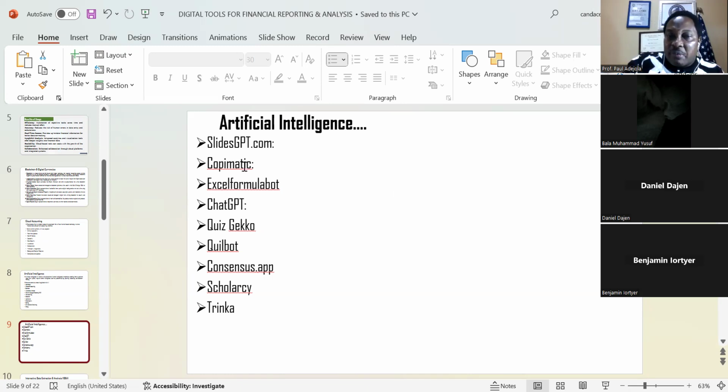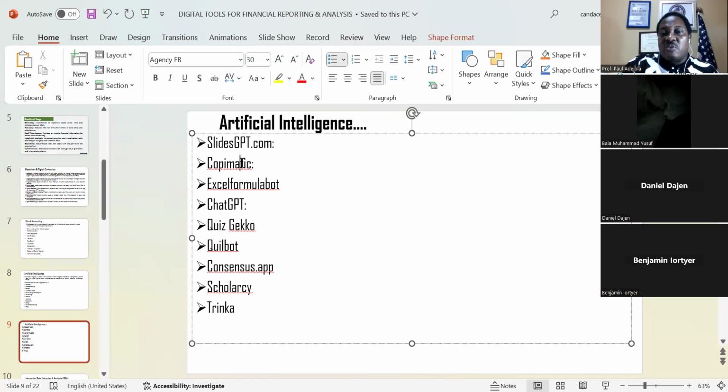If I want to use Copymatic, it will give me two options. Option 1, suggest your subheadings. I already have the main topic, relevance of IFRS. It will ask me to suggest my other subheadings. And if I say I don't have an idea, maybe I don't have anything in mind, it will now give you the option: should I go ahead and suggest for you?